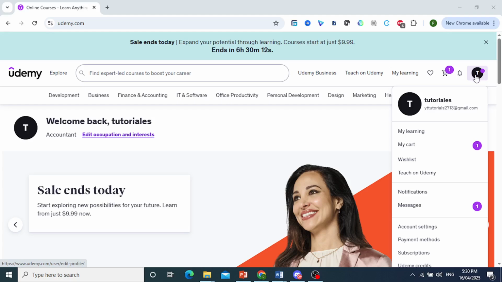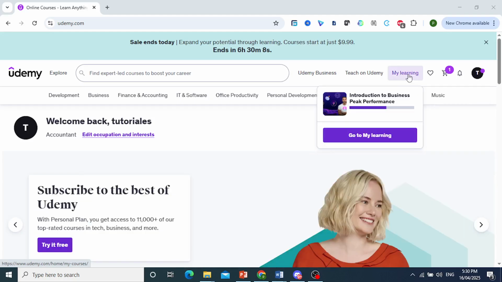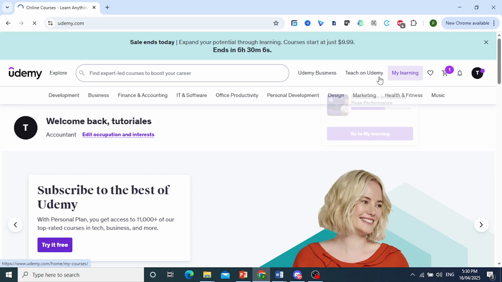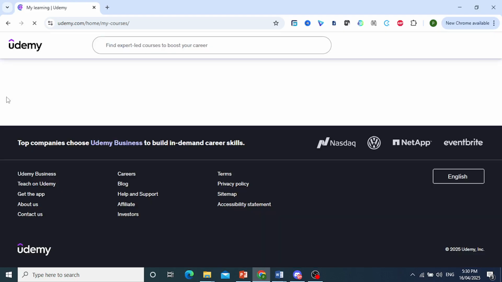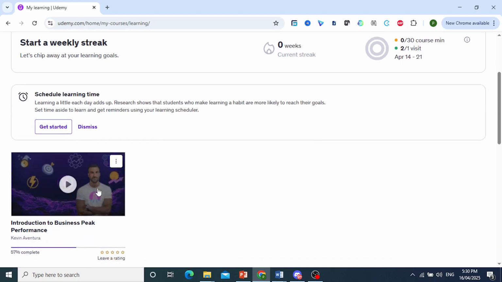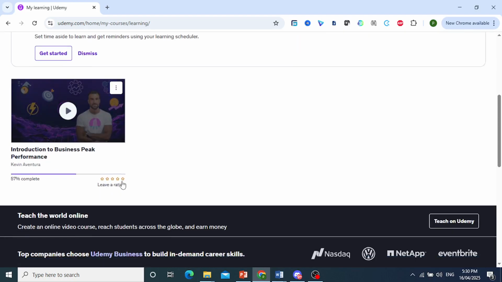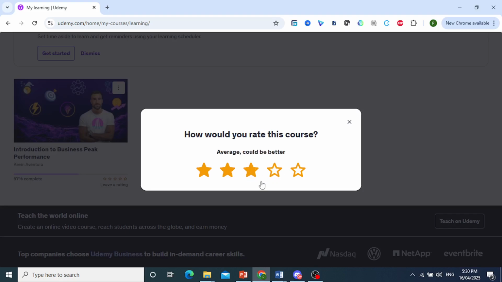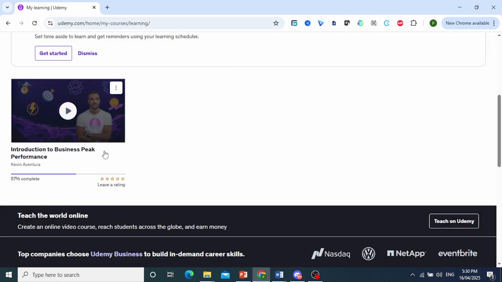If I hover over my profile icon, you'll see this My Learning option. You can click on it from here as well. And when I click on this option, you'll see all of my courses. Okay? And what we need to do, guys, is we can either rate from here. So I can click on leave a rating and just leave a rating from here,